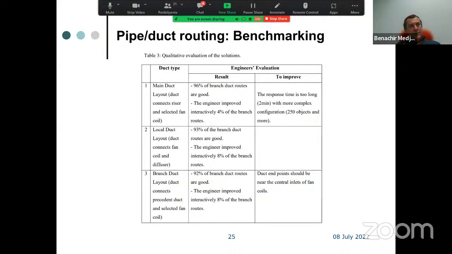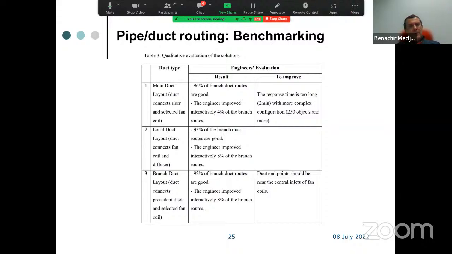But that was quite interesting because we had the issue of the heuristic knowledge, the knowledge the experts have through their experience, which we couldn't model in this prototype. Such as pushing a pipe slightly because of something that could happen, etc. I mean, there is a lot of knowledge which is very important to improve the solution.